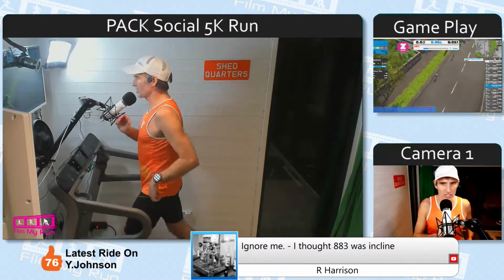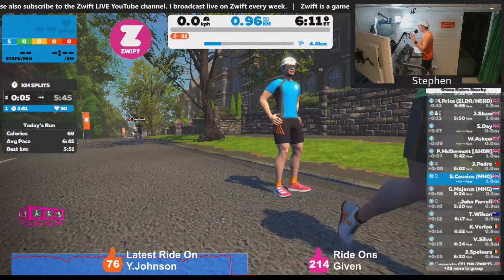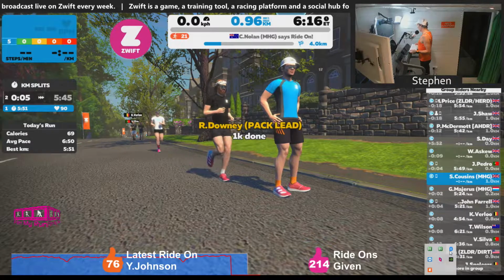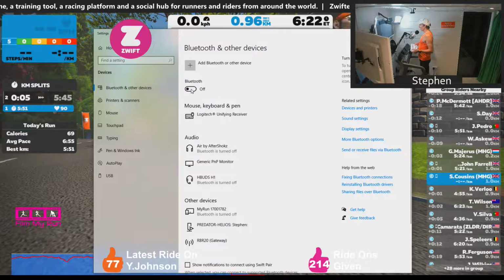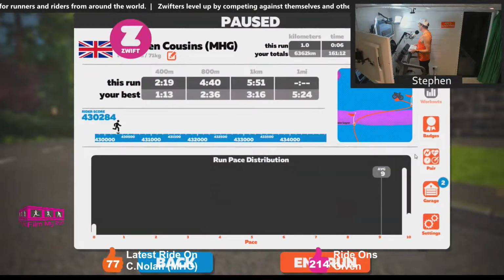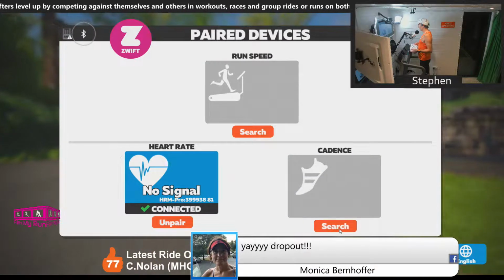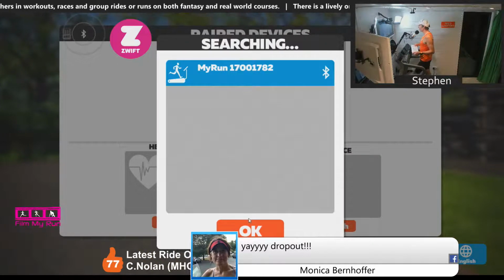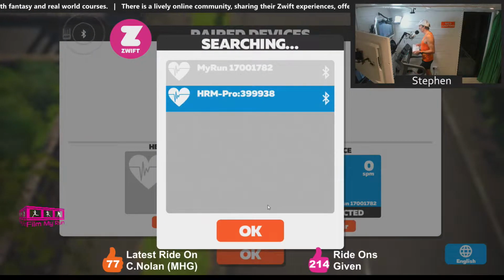Let's see if I can do the quick turnaround. The quick turnaround is when we don't unplug the treadmill. We just go straight to Bluetooth settings, we turn off Bluetooth and we turn it back on again. Sometimes this works, sometimes it doesn't. So we turn that on and off. We go to menu and we go to pair, and then we need to unpair everything and then repair it. Now sometimes this works without me having to restart the treadmill. Other times it does not work and we have to totally restart the treadmill as well.